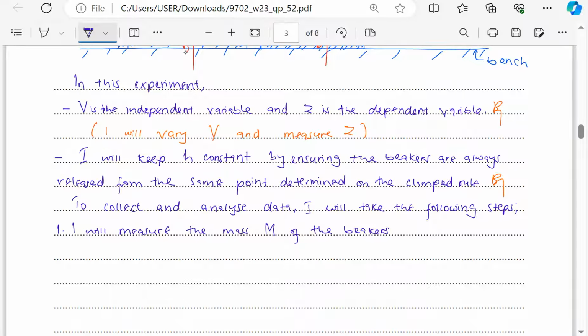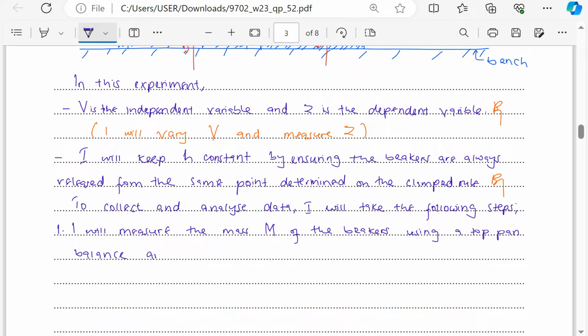And which instrument will you use? You will use a top pan balance. You need to use a balance to measure the mass, not a weighing scale. You must be very specific. Using a top pan balance,